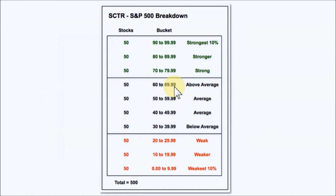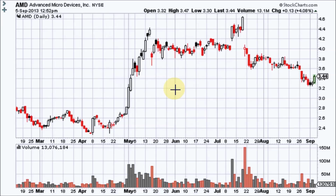The indicator scores are then calculated and a technical rank is assigned to each stock. So, in the example of the SCTRs for the S&P 500, there would be 10 groups of 50 stocks, with 50 stocks in the weakest 10% and 50 stocks in the strongest 10%, and the rest falling in between according to their SCTR ranking. If you would like to know the historical reading for any particular stock or ETF, there